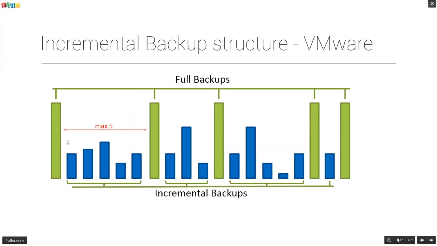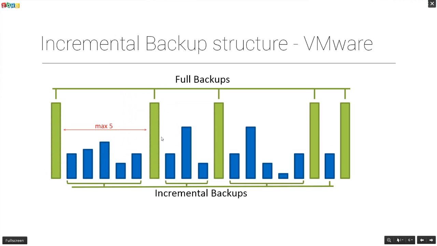The first time the schedule is triggered, we will take a full backup and then consecutive incremental backups that will record only the disk writes since the last backup. These incremental backups make use of change block tracking to track the area of the disk that has been modified, making the incremental backups much faster. By default, we will take up to 5 incremental backups, after which we will force a full backup of the